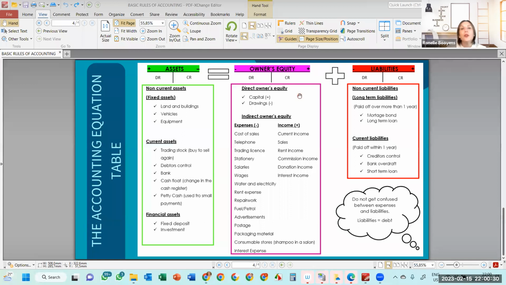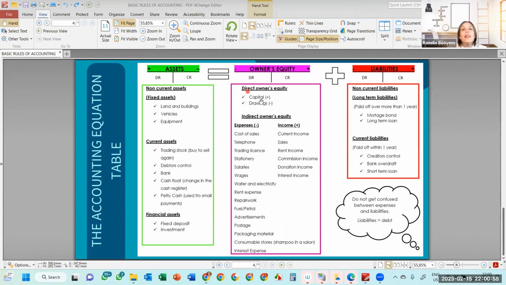Now, in order to do that, we allocate basically two accounts in the books of the business, but through all the other accounts, or with all the other accounts, we allocate two accounts to keep record of what the business owes to the owner. All right, now the two accounts are capital, and we call them some direct owner's equity. It's got directly to do with the owner.